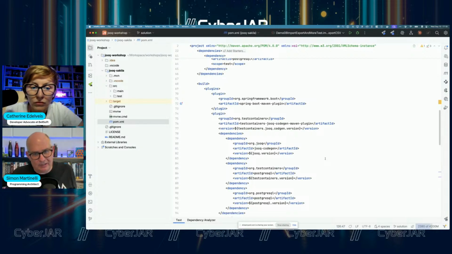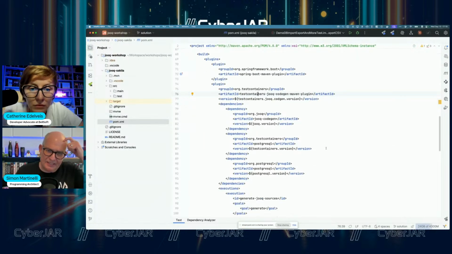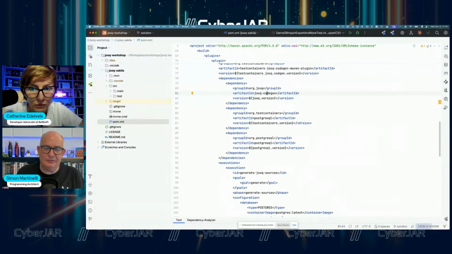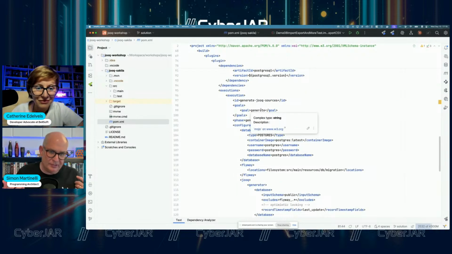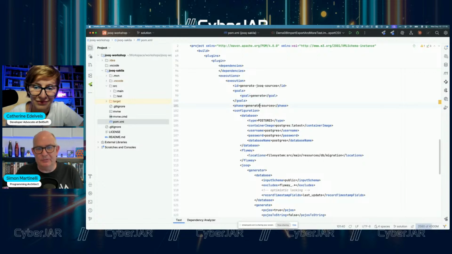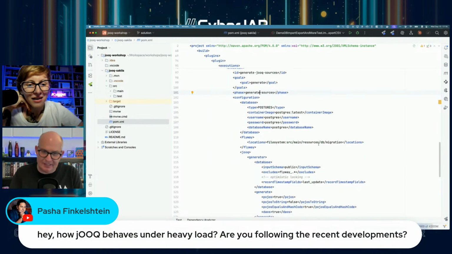And as you can see, the plugin is provided by the team from Testcontainers. This needs some configuration. So for example, I add the jOOQ dependency. I use the Postgres dependencies from Testcontainers and also the Postgres drivers. So then I'm more or less set up. And because I want to generate code, the generation phase will be bound to the generate-sources phase of Maven. Yeah. And then we have some configuration.